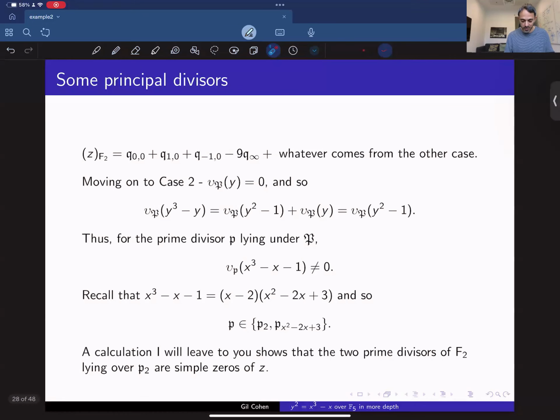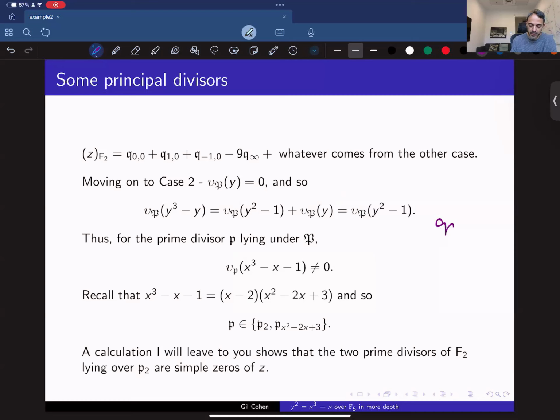The valuation of y is 0. So if the valuation of this is non-zero, which is the same as saying the valuation of this is non-zero because this is 0, then at the lowest level, the small p that underlies capital P, we get that v small p of x cubed minus x, which is y squared, minus 1 is also non-zero. Right, so what I'm saying is that this q that we are looking for,